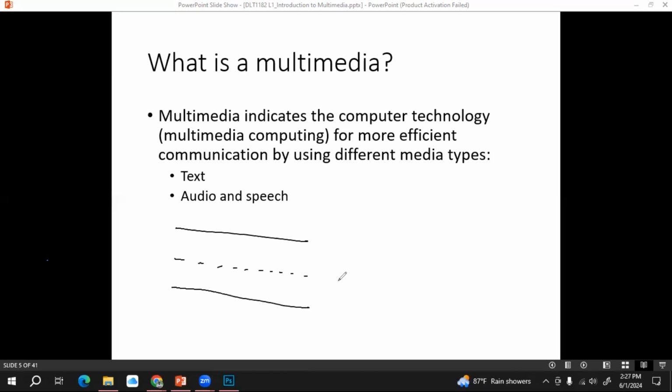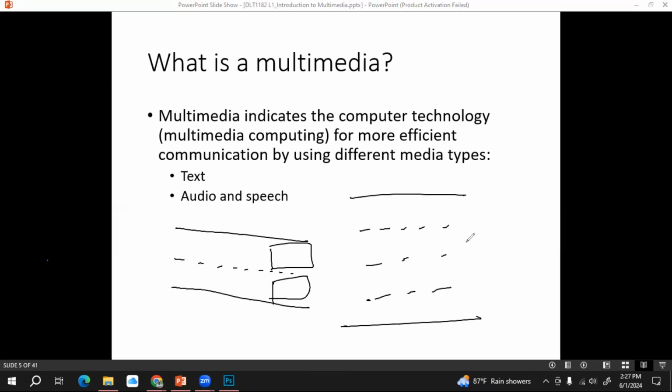At the same line, how many vehicles? If it is a two-way road, only two vehicles can drive at the same time, right? But if it is a four-way road, you have four lanes, so four vehicles can pass a given place at the same time, right? Bandwidth is something like this.